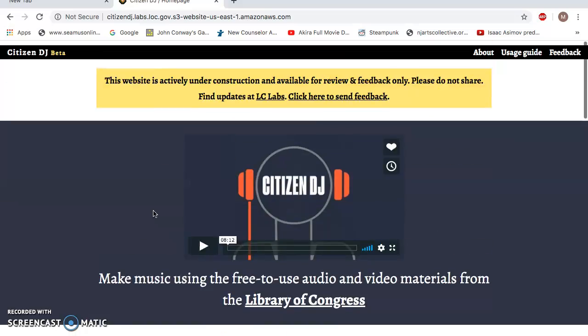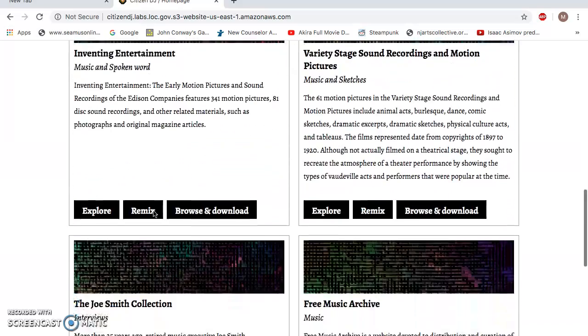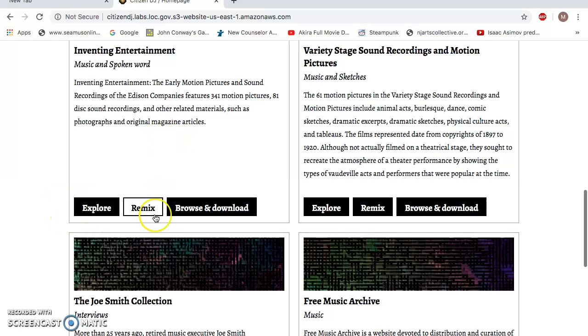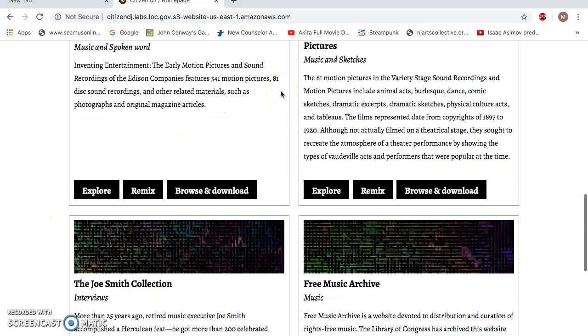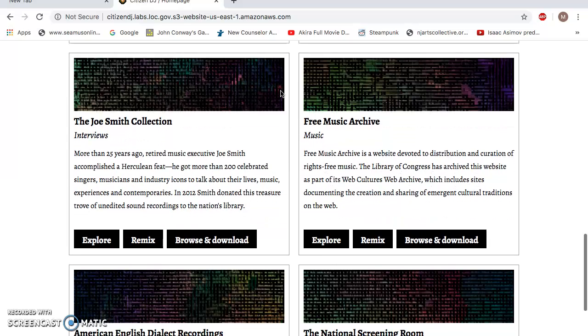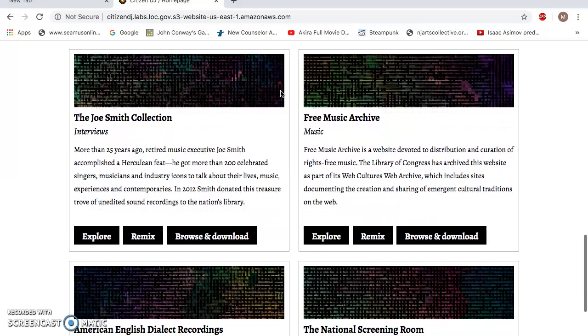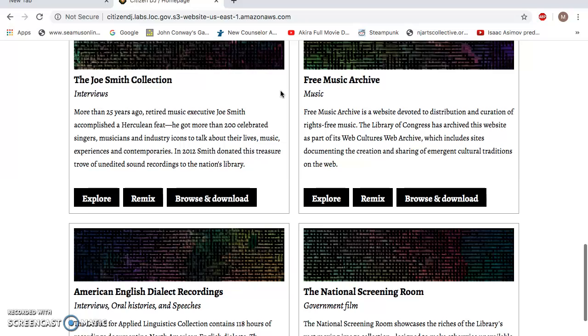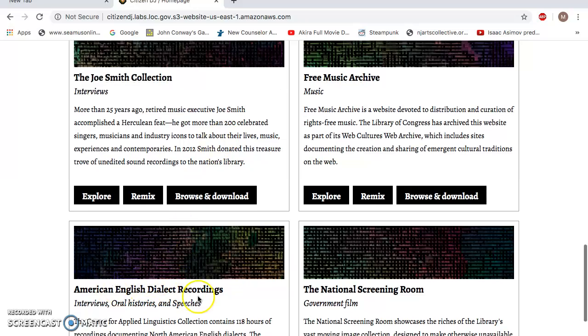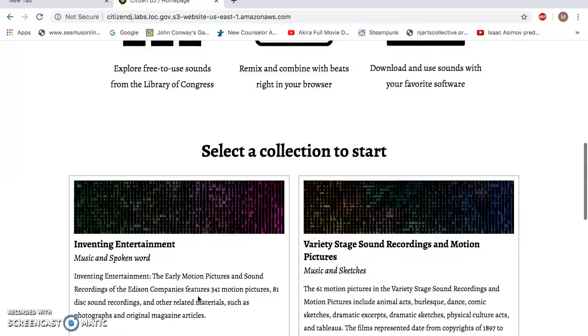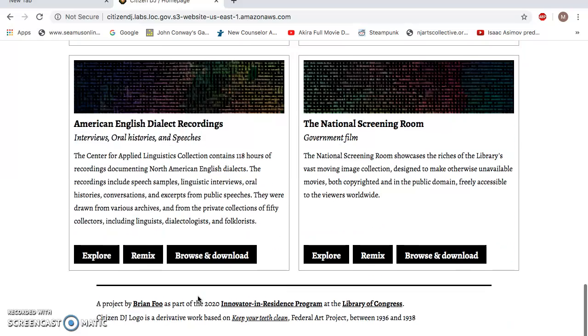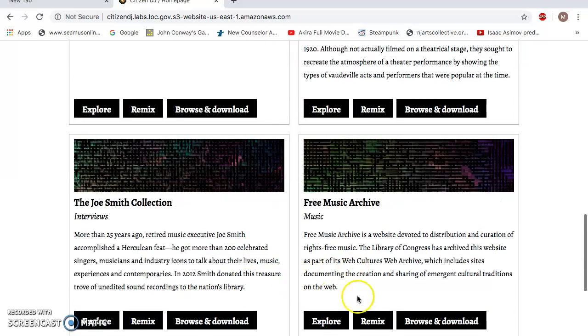There's a lot of available sound clips for you to play with, and I think a good one to look at would be not really any of the American English speaking recordings, but some of the music recordings. So I'm going to go to the free music archive here, and instead of pressing explore, which is like you